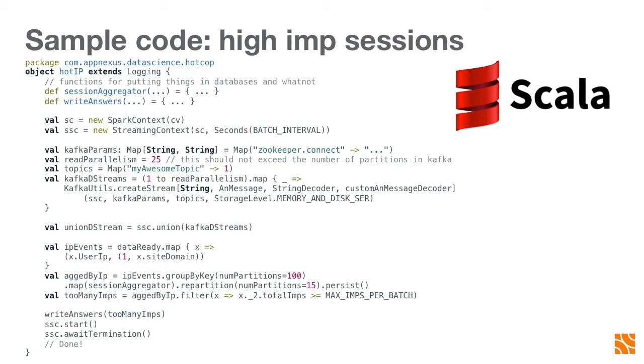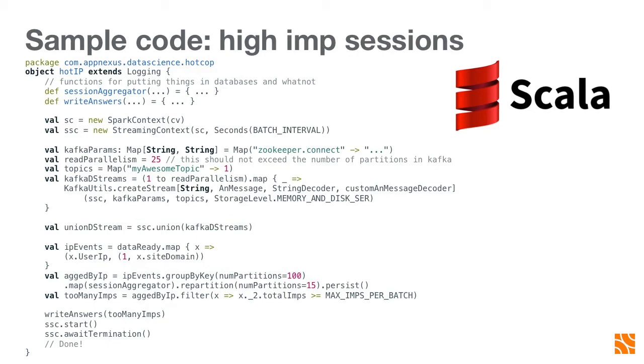So this code, minus some stuff I took out for readability, is going to run on, I think, about 50 computers all in parallel. And it's 15 lines. Basically, the first little bit of it is just to identify what this application is called. Then I've got some utility functions that I didn't show you. But then I'm just going to set up these little objects here called a Spark context and a streaming context that allow me to manipulate the data or talk to all the computers all at once, basically.